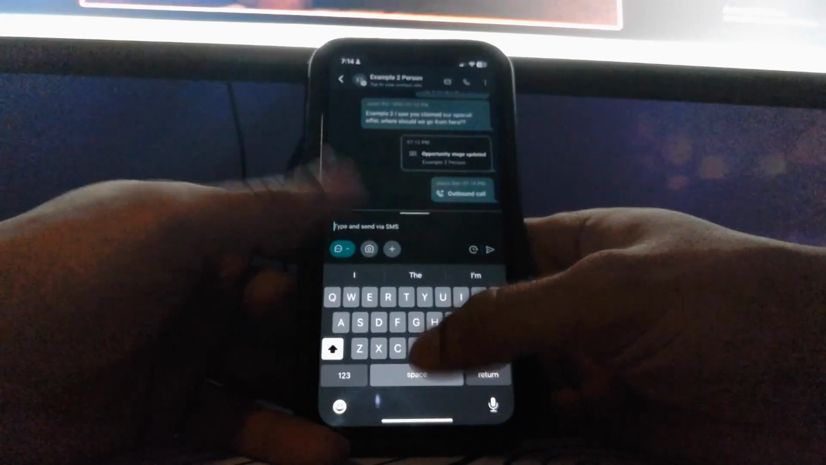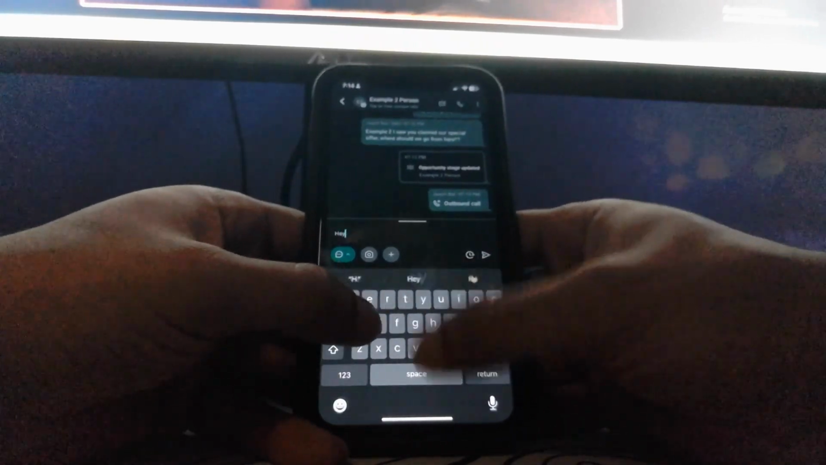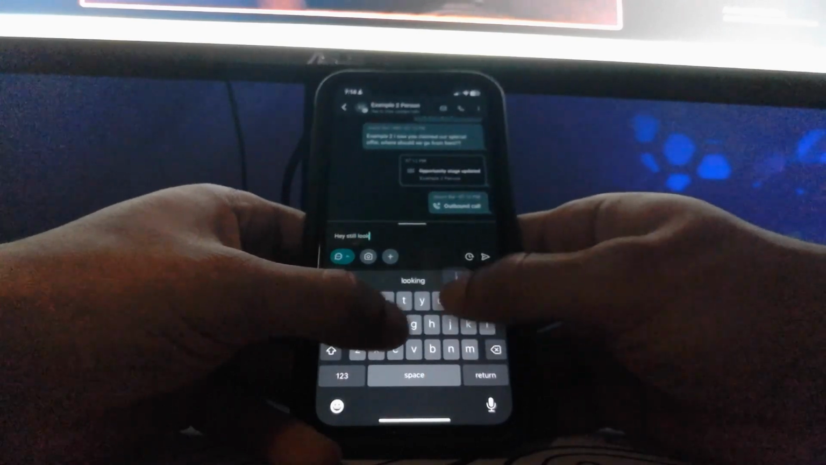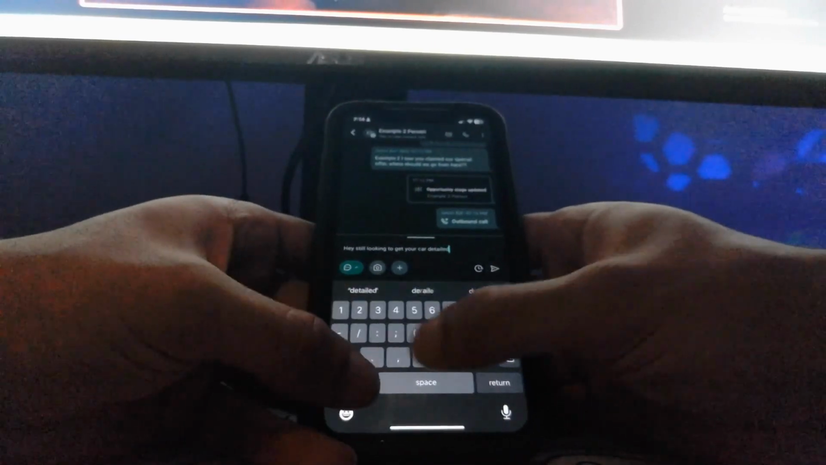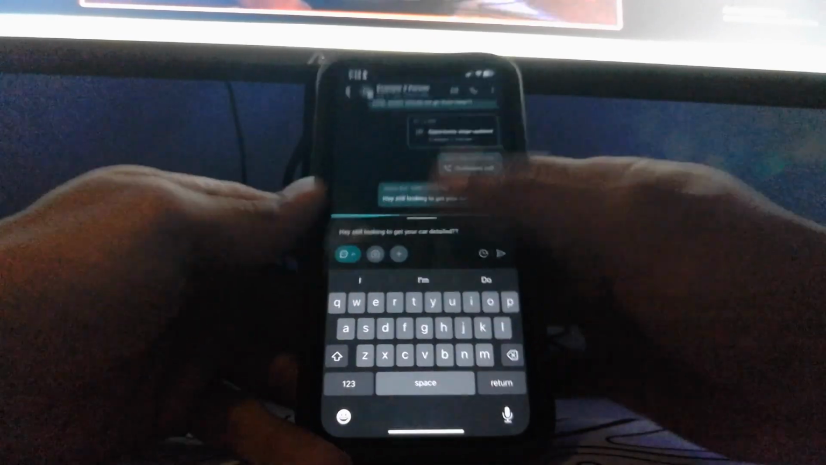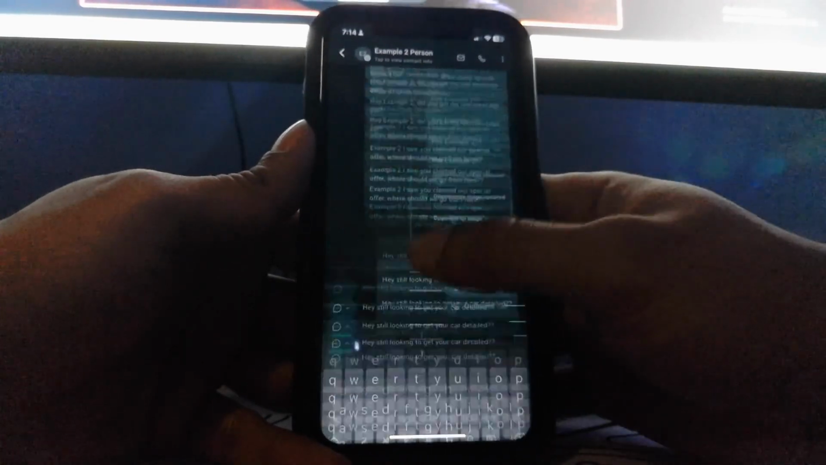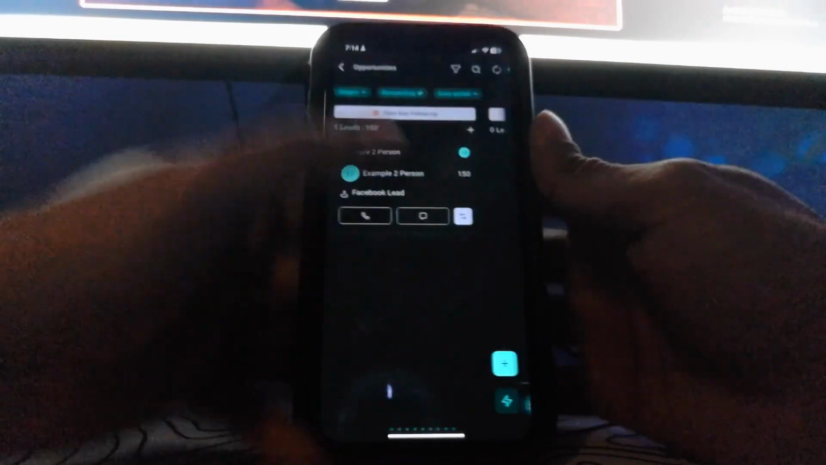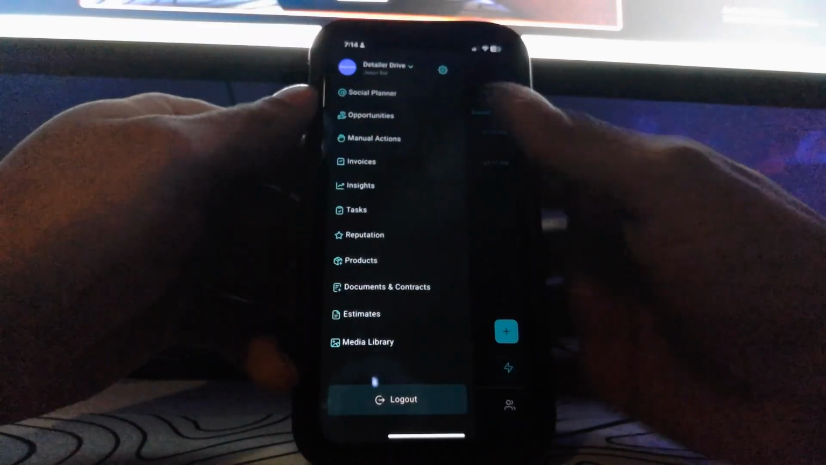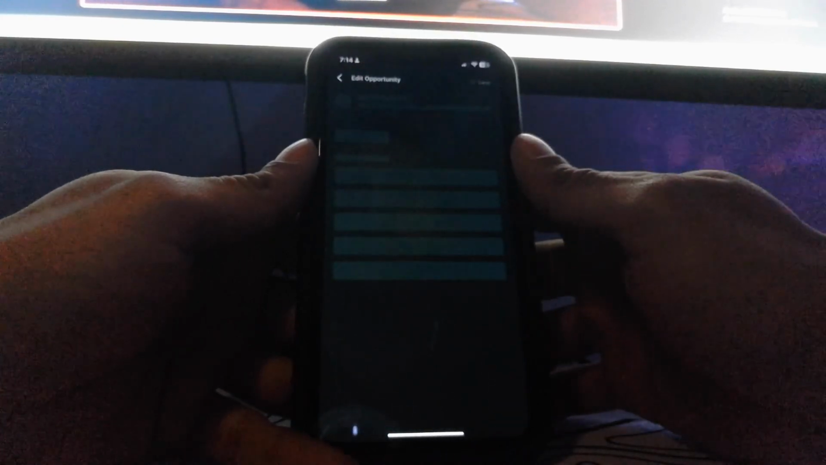Just a follow up like, hey, still looking to get your car detailed, something like that. You just send them a message, something genuine, just trying to help, nothing too salesy, right? You would send that over, and now what you would do is move them. Oh, whoops, I was already there, but what you would do is move them